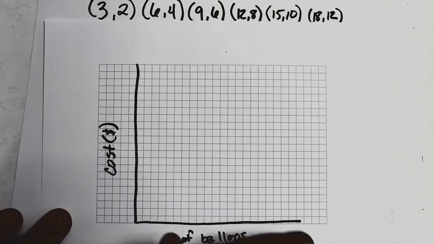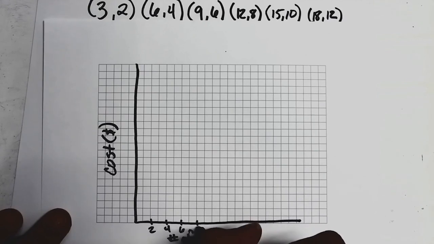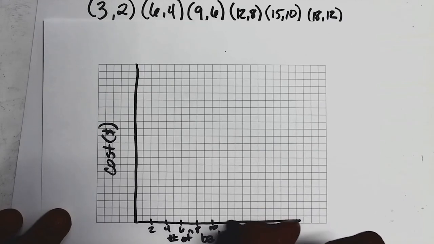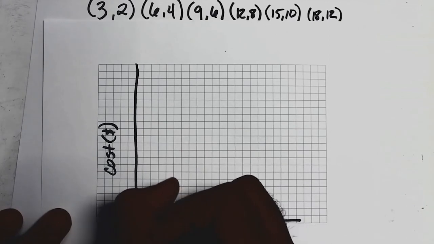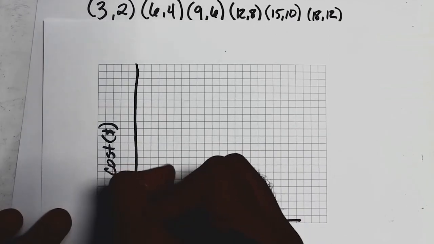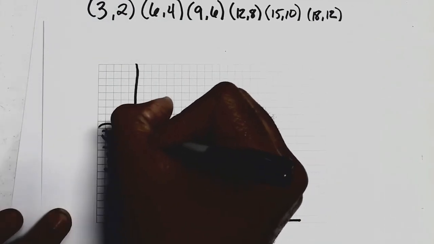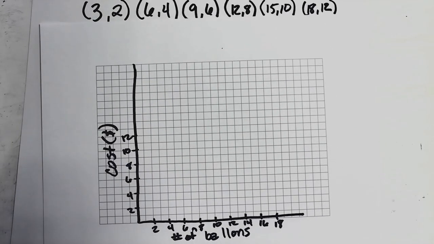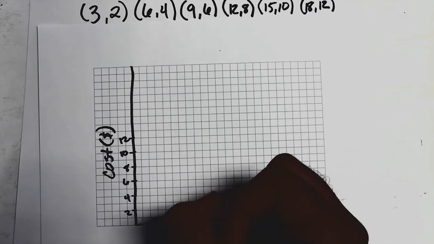So now I'm going to label 2, 4, 6, 8, 10, 12, 14, 16, and 18. I'm going to do the same thing here: 2, 4, 6, 8, 10, 12. So now I can go ahead and start plotting my points. My first point that I'm going to do is 3, 2. So I'm going to go over to 3, up to 2,